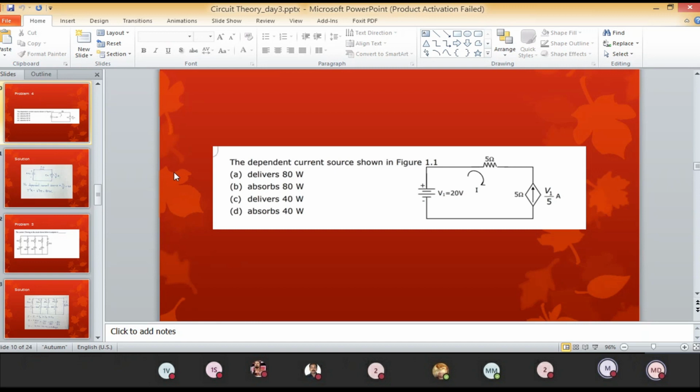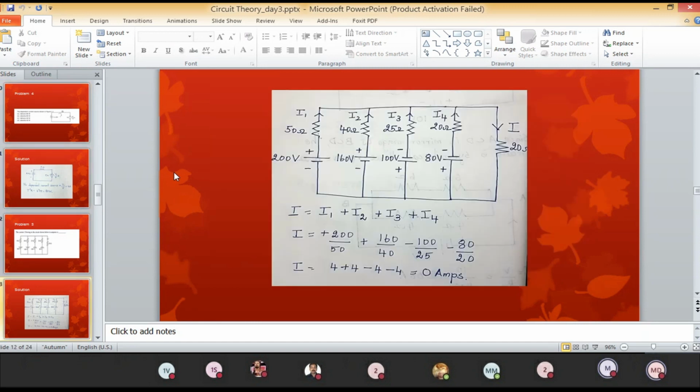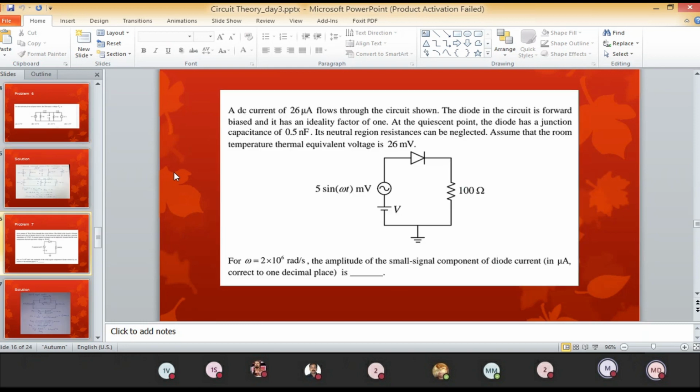So please be careful. See, he has given the solutions in a tricky manner. We should be very smart. So understand the basic science: a dependent current source will never deliver. It can only absorb. So it absorbs 80 watts. Choice B is correct. Okay. Now